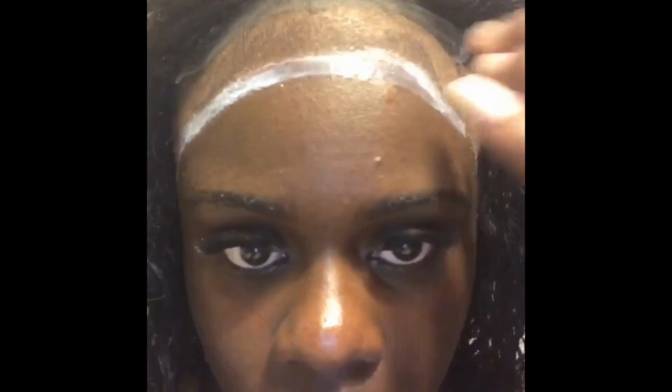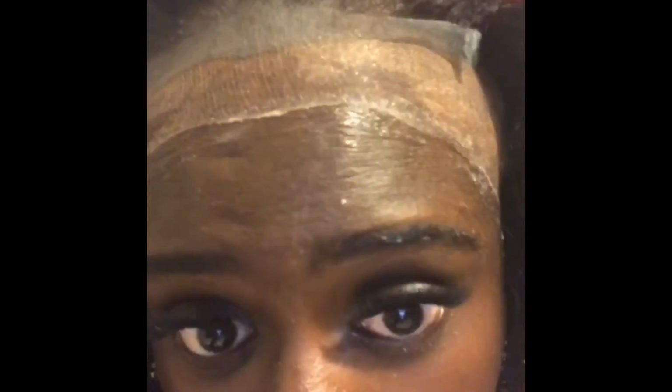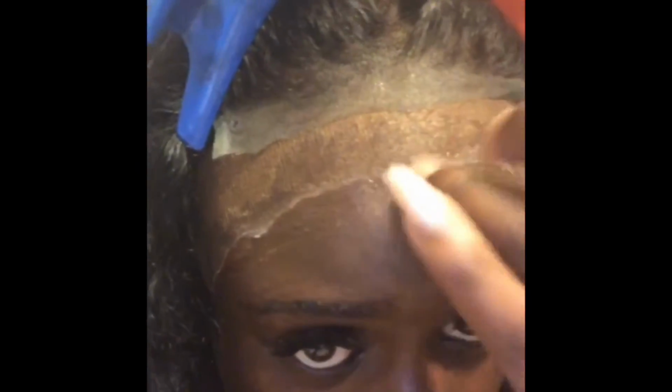And it looks completely like a boss scalp. That's why I like that Ivy from YouTube came up with this method to get the caps from Walgreens or CVS. Because you apply it very thin, you're going to see that it's going to start to dry clear because it was white before. And so you can start to see it's only that part that's still white, and a little bit right here. Just gonna continue to let it air dry, and then we'll go ahead and cut the